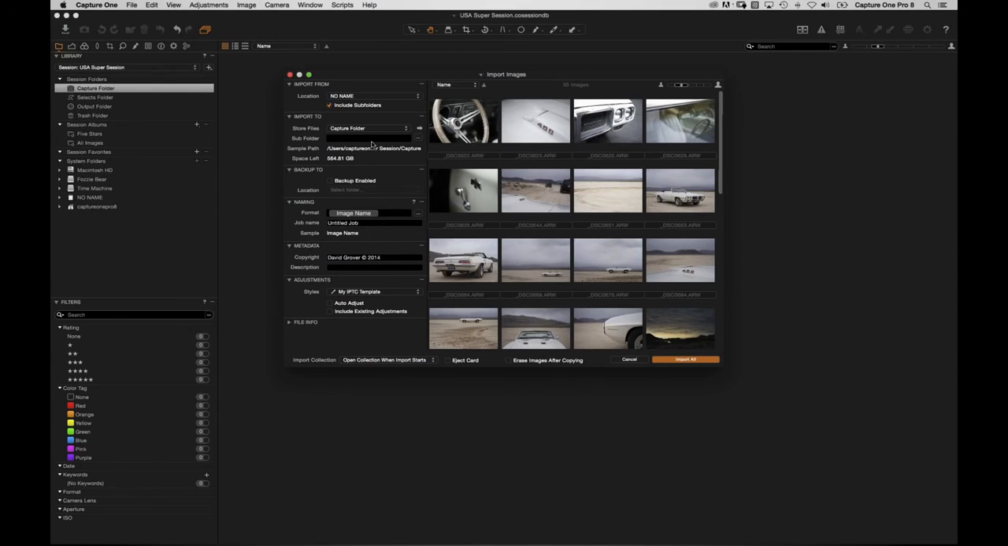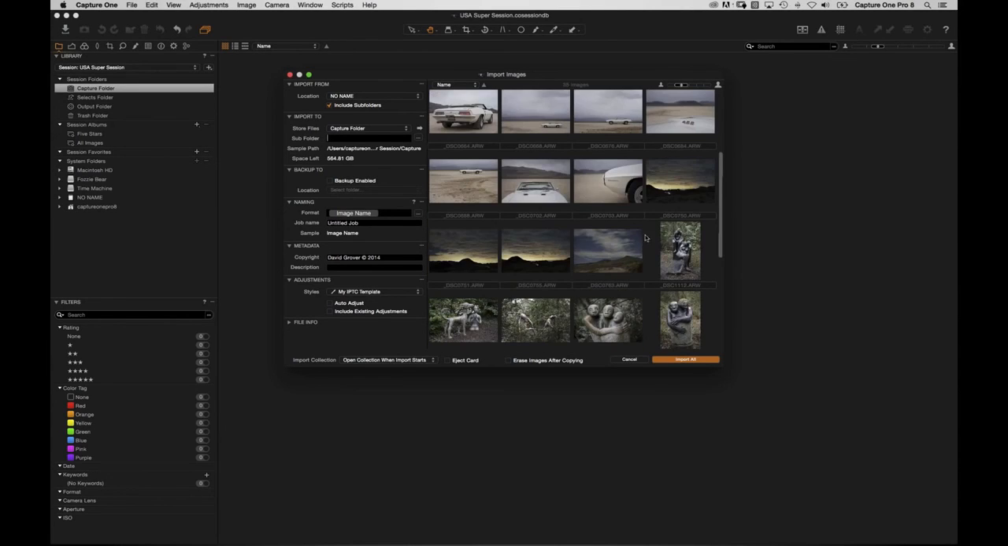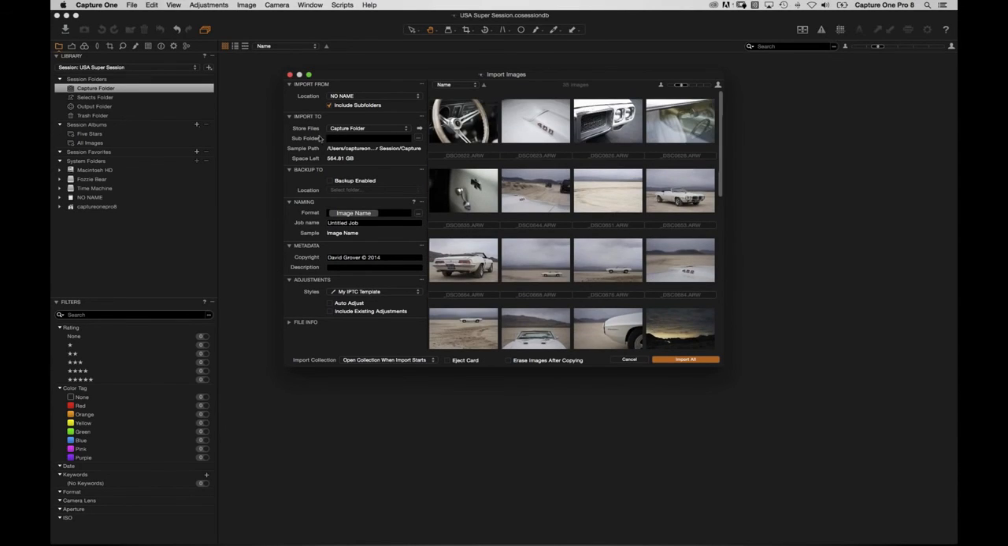Now this is a new feature in Capture One 8.2 called dynamic locations using various tokens. Tokens have been in Capture One for a while, but now we can use a token to specify the location of an image on import and export. So these were shot over various different days. So it might help, and it's quite common that you want to split these up by date. So if I click on the button here,